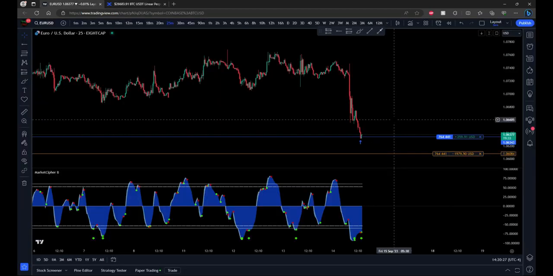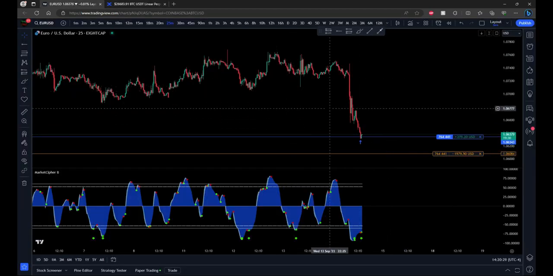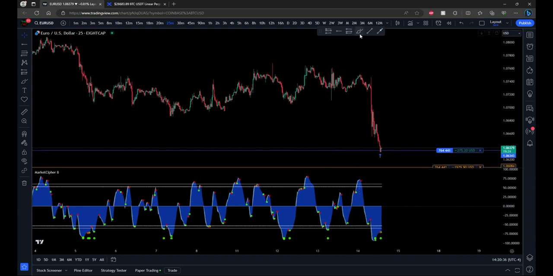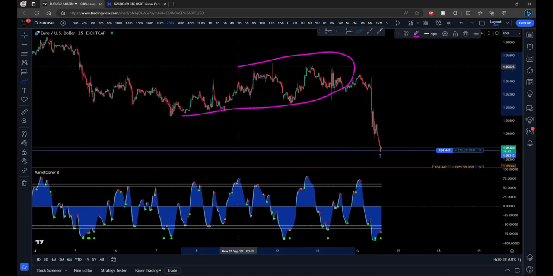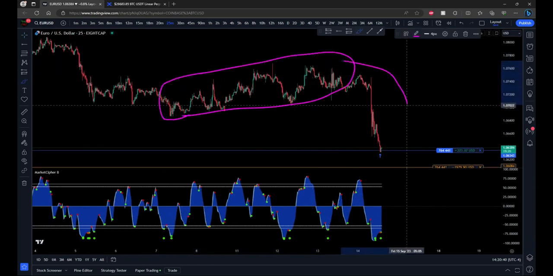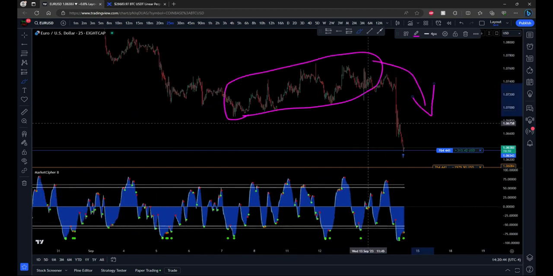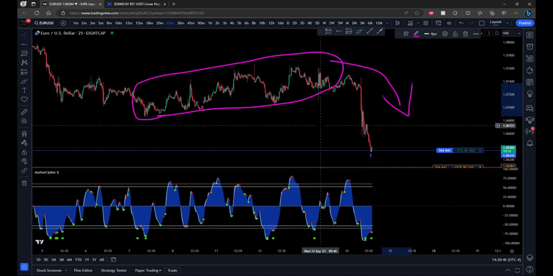So let's get into the breakdown of this trade setup. And you may be wondering, why would I go long on euro dollar when just yesterday I made a video shorting this pullback here, expecting we are going to have another move to the downside? Well, we got the move to the downside now, and it may seem weird to be long here, but